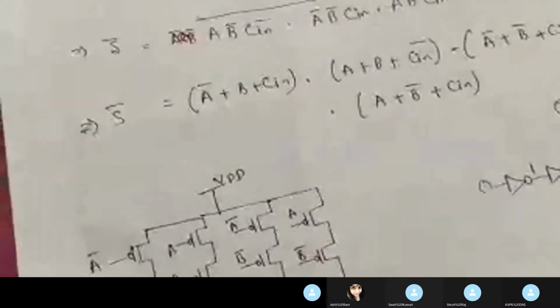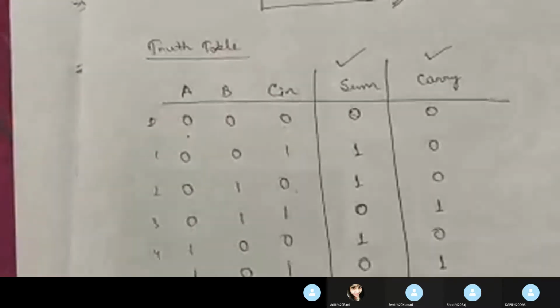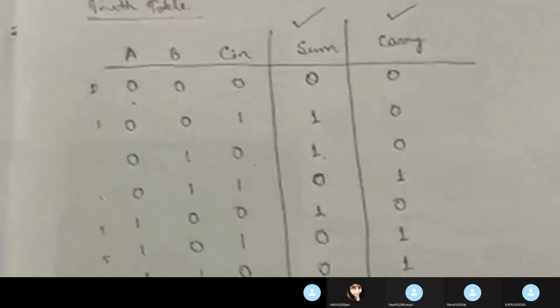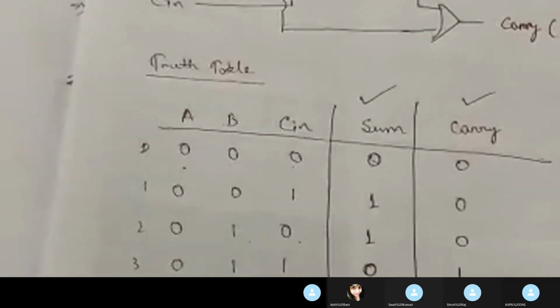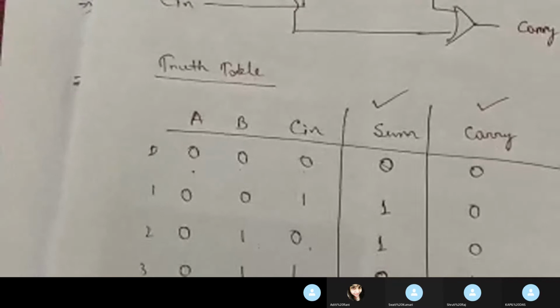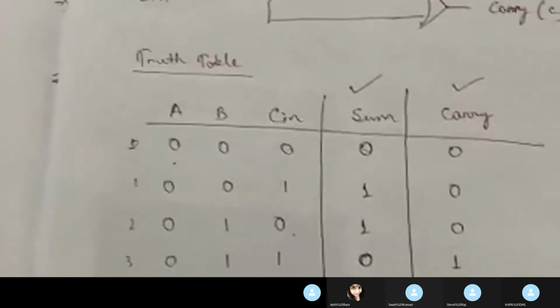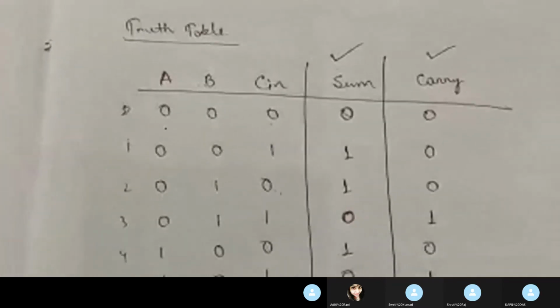So now if you check the truth table of this, means the truth table of full adder circuit, एक एक लॉजिक करके आप कहीं पे भी चेक करोगे इस लॉजिक पे या तो फिर आपके इस लॉजिक पे, you will automatically get the output, the same output like sum and carry. So this is the representation of CMOS logic using full adder circuit. किसी को कुछ भी डाउट है तो पूछो. Anyone have any doubt regarding full adder and half adder circuit using CMOS logic?